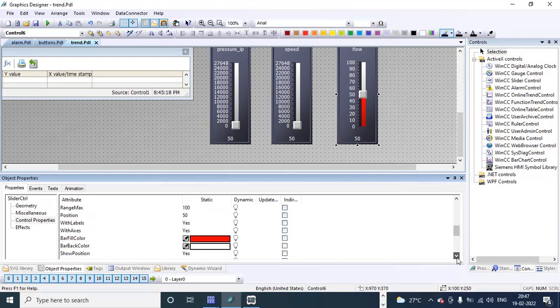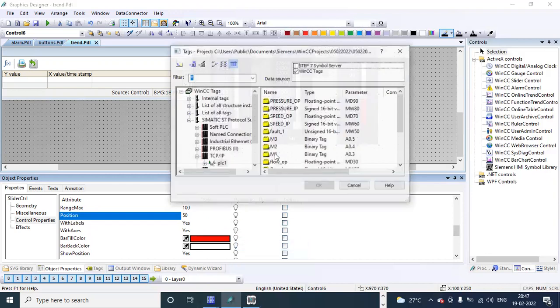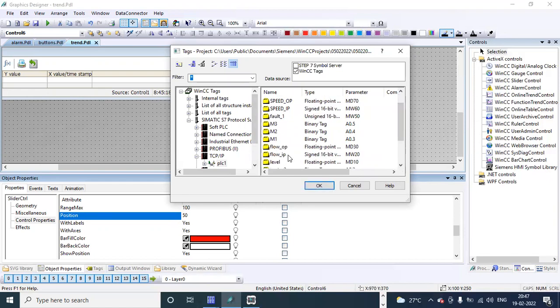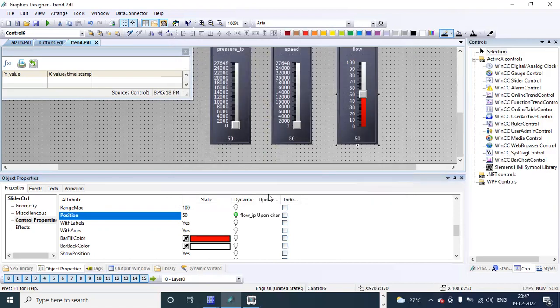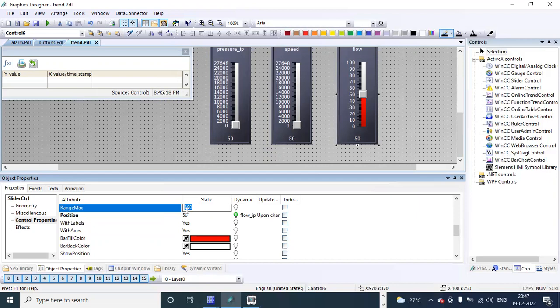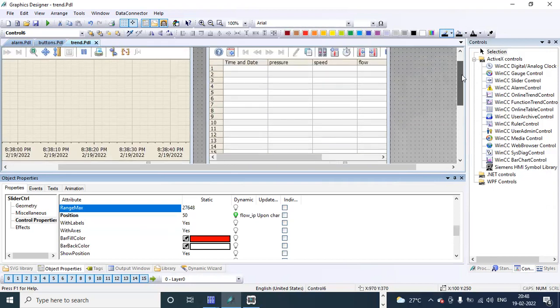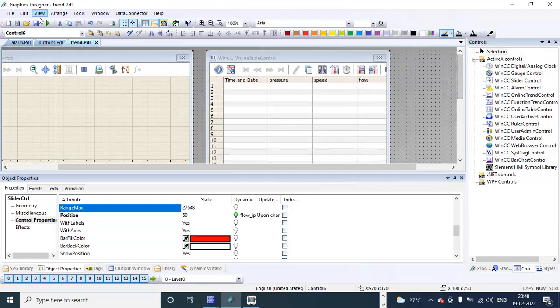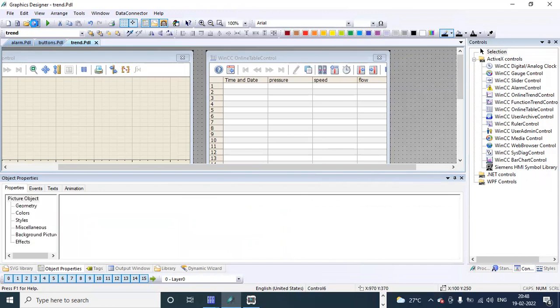Also have to give a tag name flow. Okay. And value here 27648. Yes. Okay, after this, I save the window here. Let's check the result in the runtime.